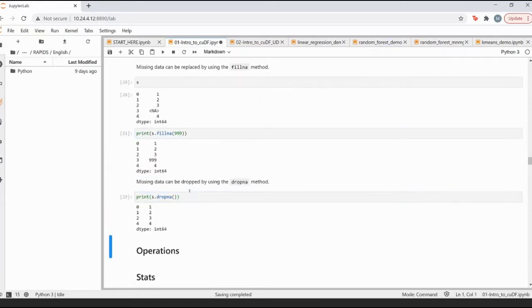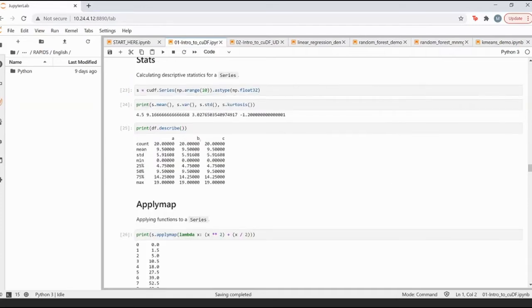Then you also have some operations like dropna. That means I want to drop all the NaN values which are present in my table, right? So here you can simply just say dropna, and it will drop this particular index, which is 3, because it does not have any number. So with that, now let's move to a little more complex things.